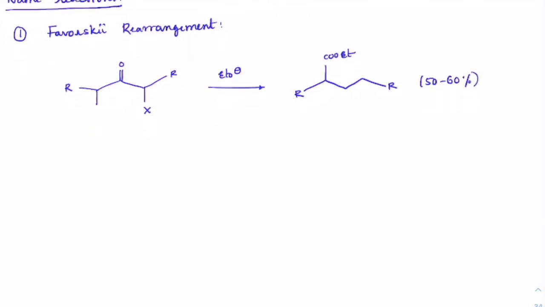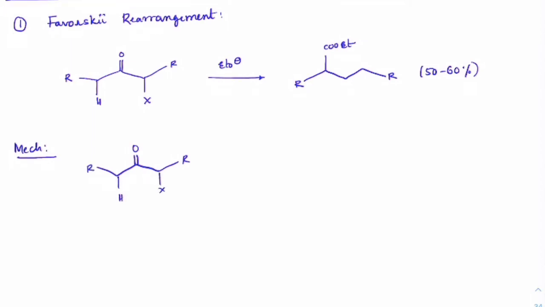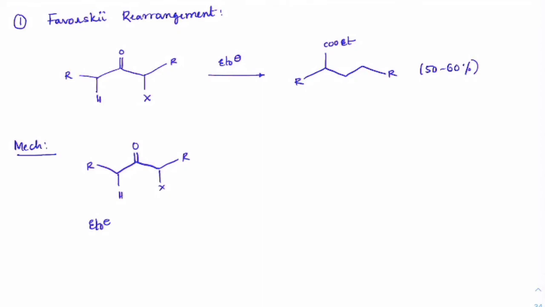So let's see the mechanism, how it is happening. Keep writing with me. First, as soon as we have this case, this is H here, sorry. As soon as we have here H, R, X and R here. So EtO minus will first extract the alpha hydrogen here, and it will make a double bond formation here to